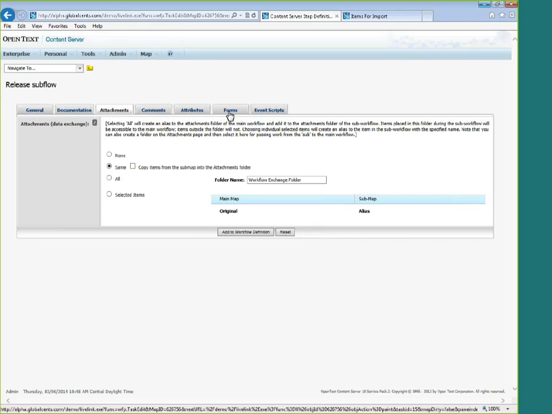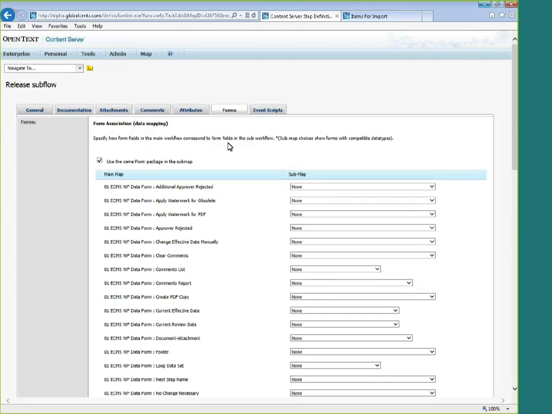So we can also take a look at what happens with forms, because forms and workflow attributes pose their own problems. In this case, you can see there's a new option on here that says use the same form package in the submap. What that means is that if you have set up your submap to use the exact same form setup as the parent workflow, this checkbox will become available, and you can say when the sub-workflow starts, I want it using the exact same form data as the parent workflow.